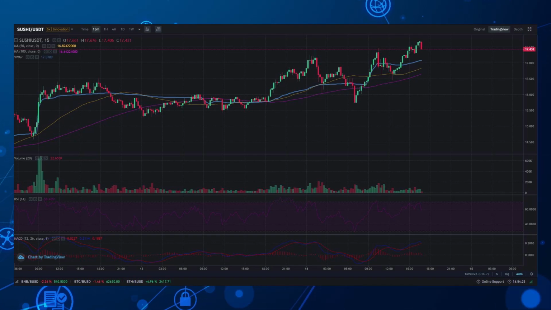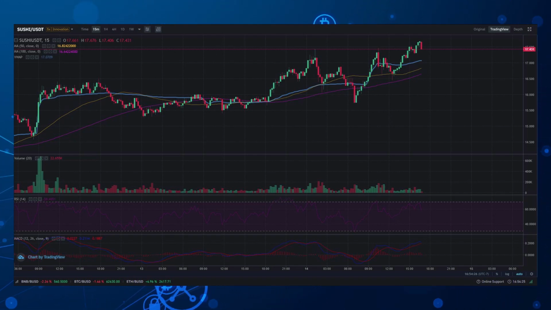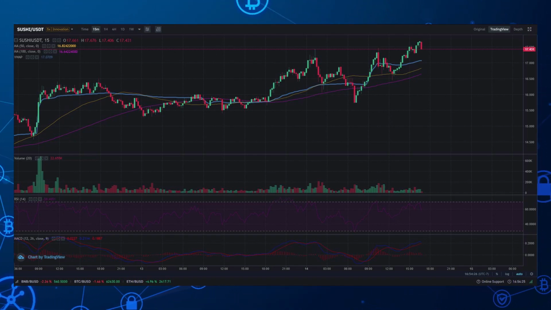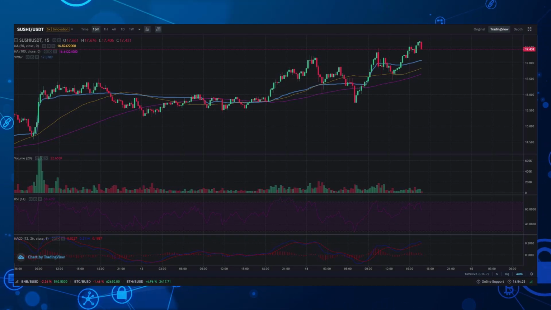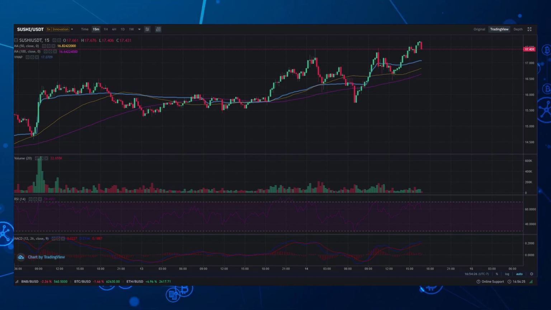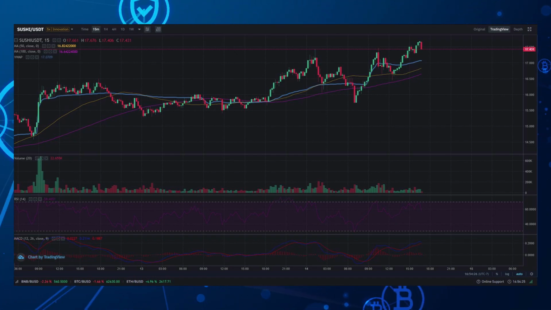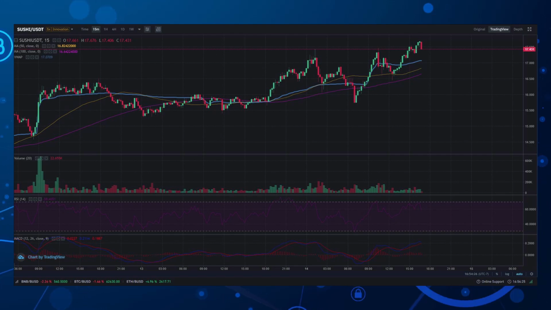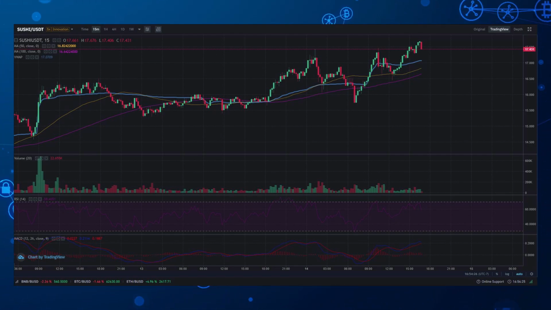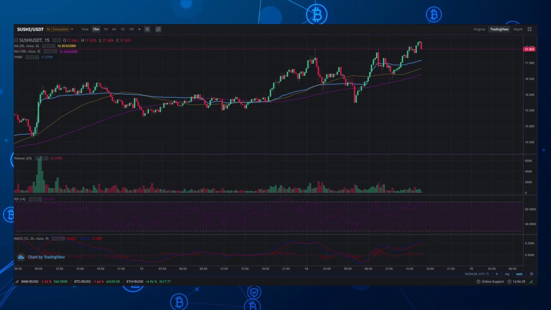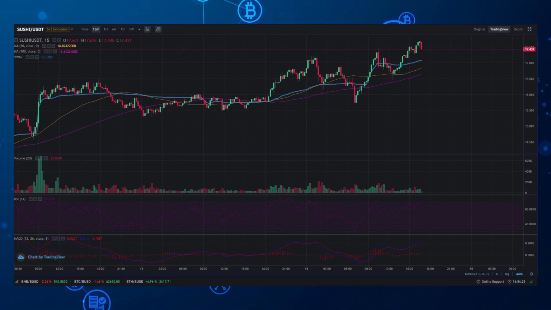I typically like to sell small portions, about 20% at a time. Now, this just ensures that I'm profitable. I've gotten burned many times before by going all in at first and trying to get all out at the right time. I've noticed the best way to do it is to average in and average out. So just don't go all in unless you're planning to hold on for dear life. Anything over just say a 15 to 30 day time frame, then you don't want to go all in.